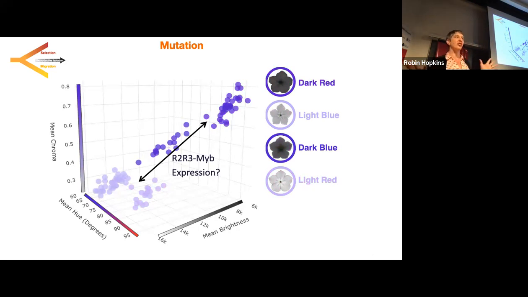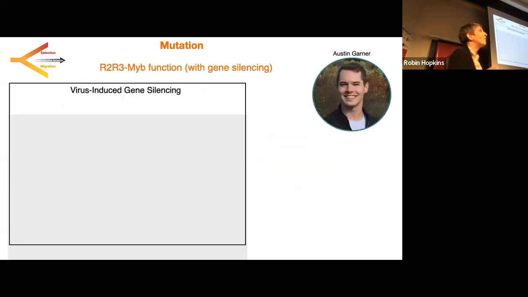How could this gene actually do that, right? How can we functionally validate that this gene is capable of making this shift? To do this, we use a fun little trick in plants. This is work done by fabulous graduate student Austin Garner in the lab. And he does this